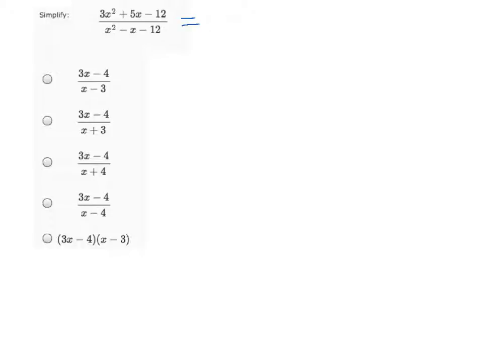And so we are looking for factors of 36 because we multiplied the leading coefficient of 3 times a negative 12. And the two factors must add up to a 5 because of the middle term of 5x. And so the two numbers that multiply to 36 and add to a 5 are 9 and a negative 4. So we can rewrite the expression in the numerator as 3x squared plus 9x